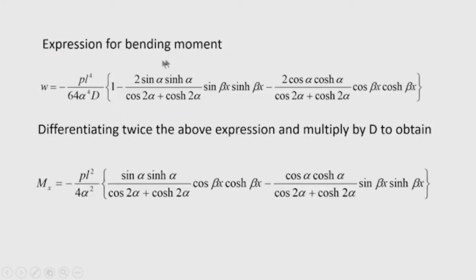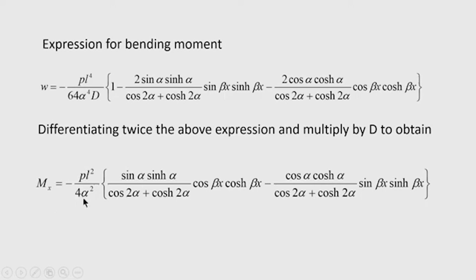Expression for bending moment can be obtained by differentiating the deflection equation 2 times with respect to x. So, differentiating twice the expression with respect to x, of course, you have to multiply the differentiated quantity with the flexural rigidity of the shell. It is also multiplied with d, and finally, we get the bending moment expression as M x equal to minus